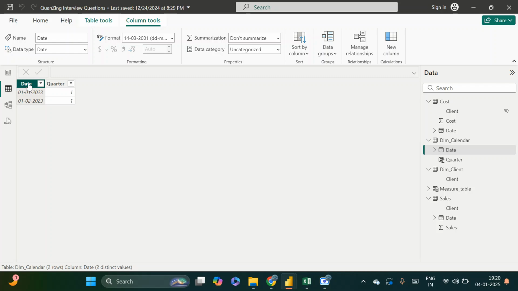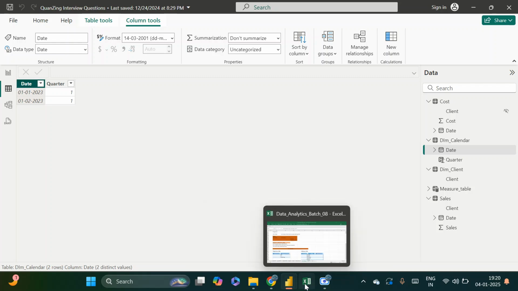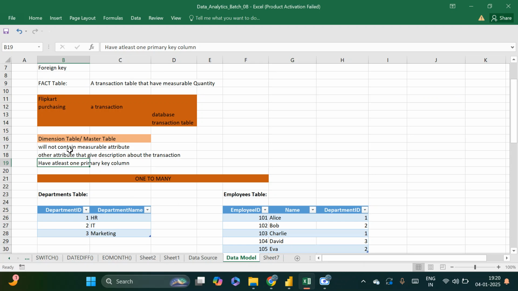So it has all the dates. These two properties should hold for any table you call a dimension table or a master table. It should have at least one primary key column,